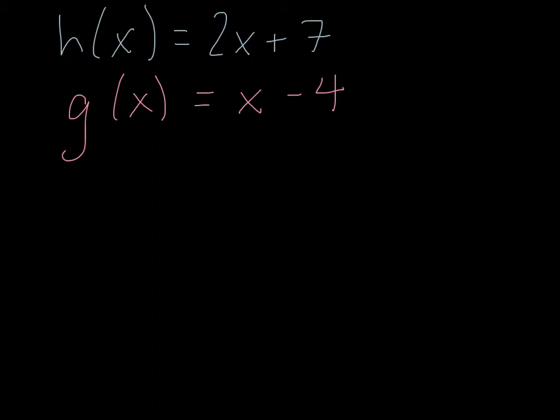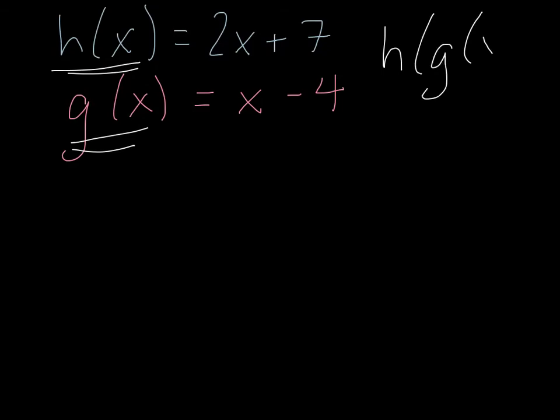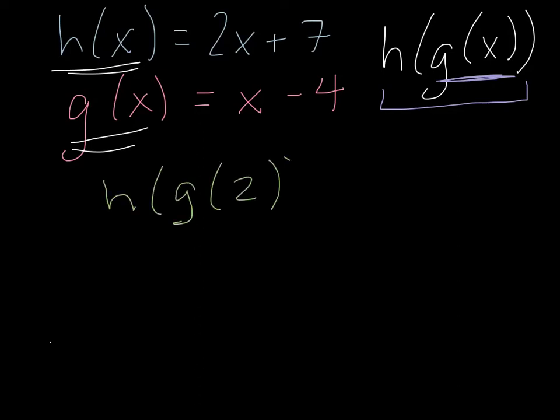The thing that I really like about function notation is nested function notation. I could give you this function here and this function here. But what I could also say is h of g of x. We're going to use order of operations just like we do for everything: we take care of the inner parentheses first and then the outer one. So I'll do this one for you, and then I'm going to put one on the other screen that I'd like you to try. If I say, for example, h of g of 2,